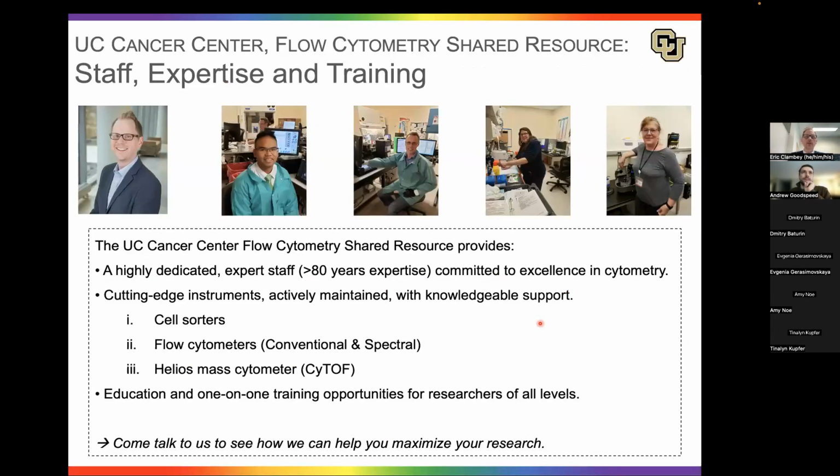Okay, so before I get into the details, I just wanted to point out that one really valuable resource on campus that you have access to is the Cancer Center Flow Cytometry Shared Resource. I'm the director of that. Christine Childs is the manager, and we have an amazing team with Lester, Dimitri, Christine, and Chris. We are highly experienced. We provide cutting-edge instruments for all the technologies that I'll discuss today. And we also provide extensive education and training opportunities. So please, if you hear things that you'd like to learn more about, I'm happy to take questions, but our team is amazing and will absolutely be able to help you.